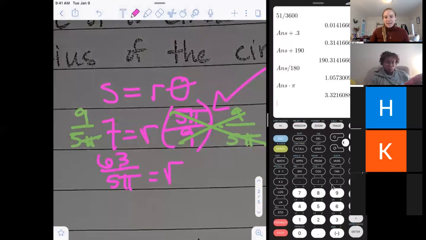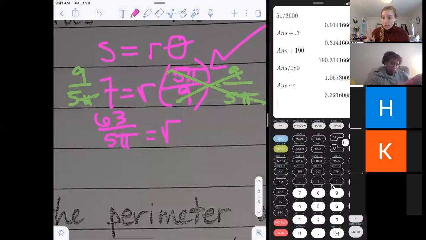But that doesn't mean anything to me. If you said, my radius is 63 over 5 pi, I'd say I don't know what that means. So if we're going to make it a decimal, first we have to be super careful. You can do one of two things. What I would probably do is 63 divided by, and then put parentheses on the bottom to keep my 5 and my pi together. If you do not have parentheses, your calculator is going to read it as 63 divided by 5 times pi. So we have to keep the 5 pi together. When I do that, I'm going to get